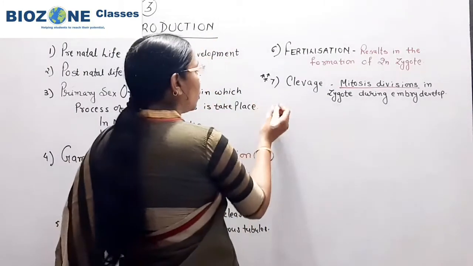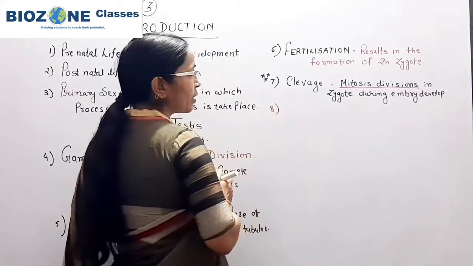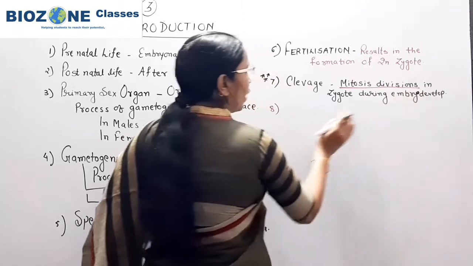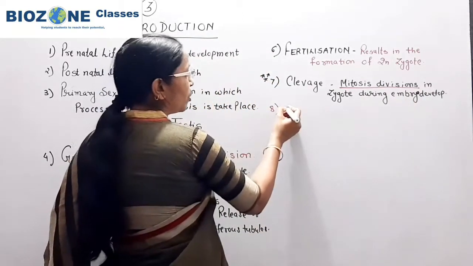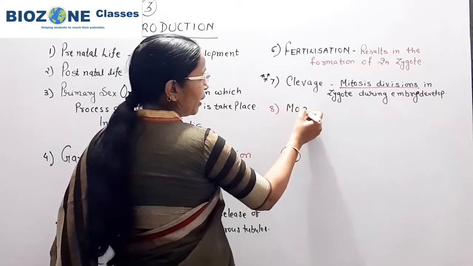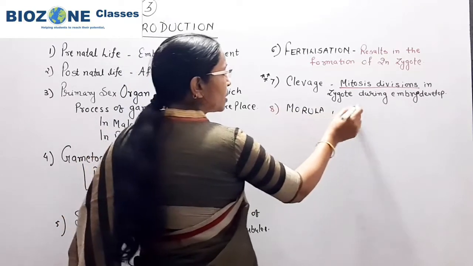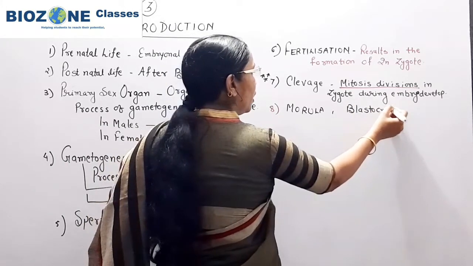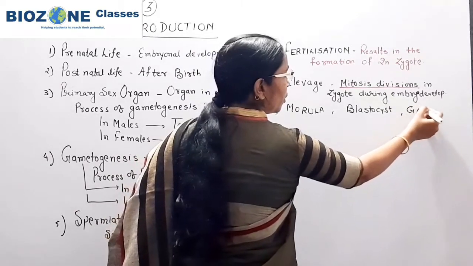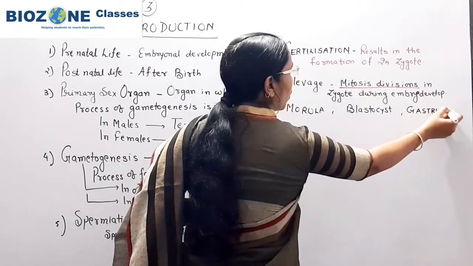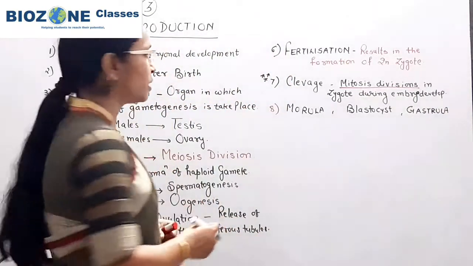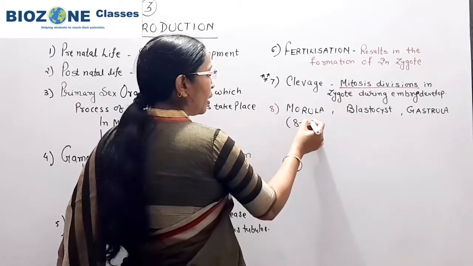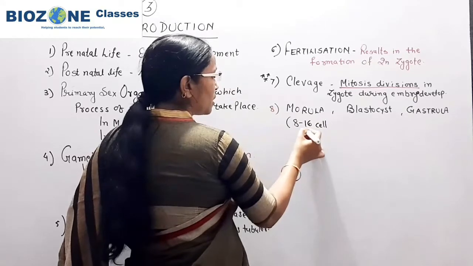Now after cleavage, one term is gestation period. Embryogenesis, simply remember, is the process of development of the embryo. Now here some terms are there. One term related to the embryo is morula. The second term is blastula, or blastocyst we say. And the third term in human embryo development is gastrula. So what are these stages? Here you remember, morula: when the zygote is regularly divided, it produces the 8 to 16 cell stage.